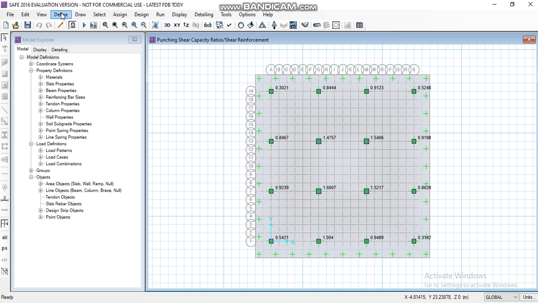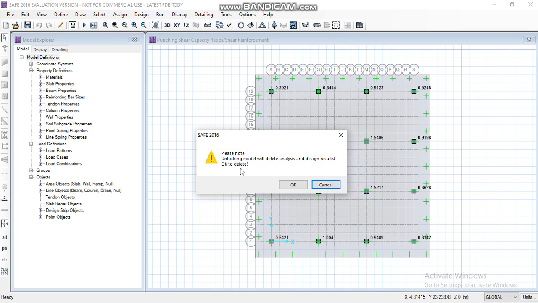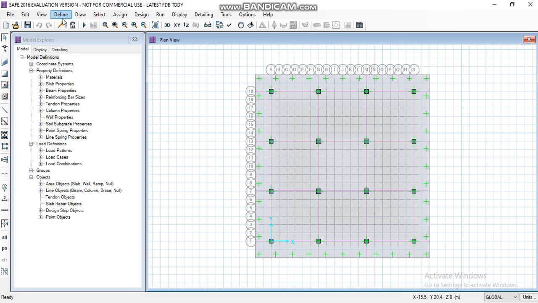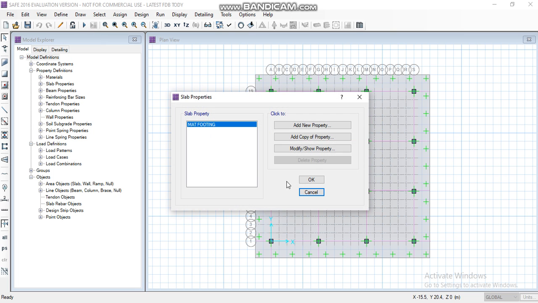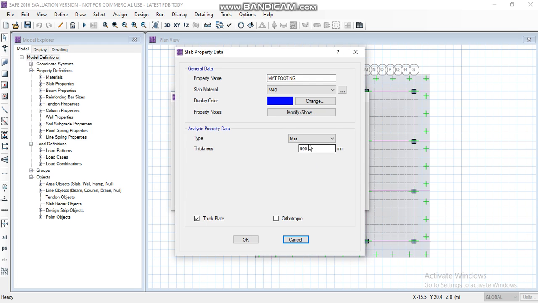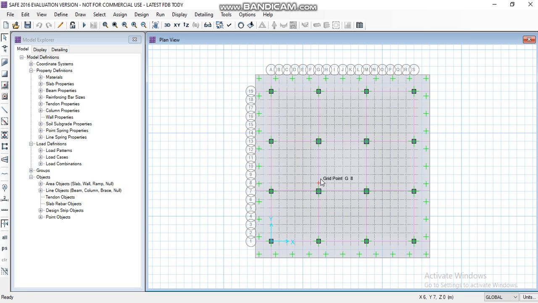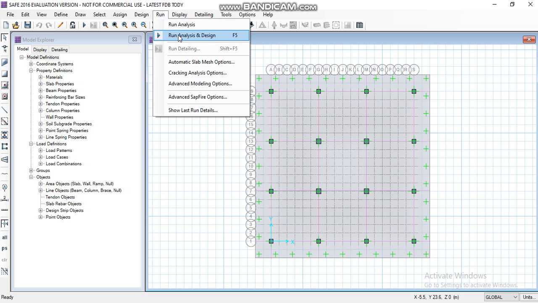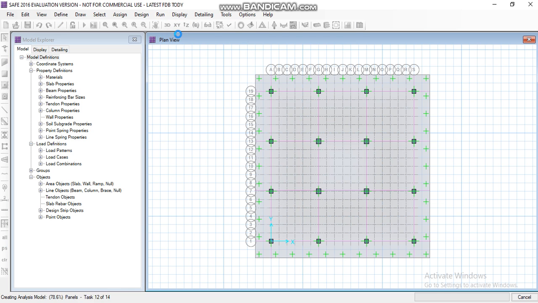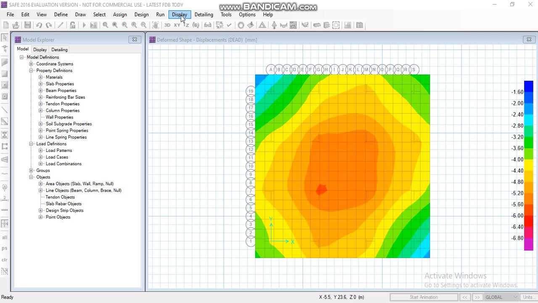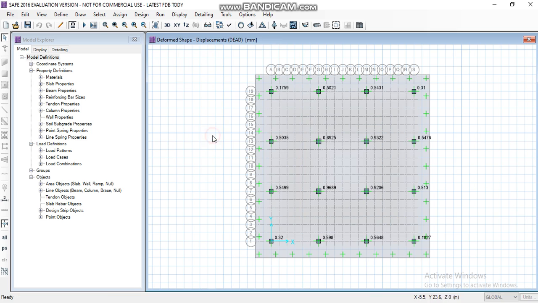So go to define. Here we can see that the punching shear values are less than 1.